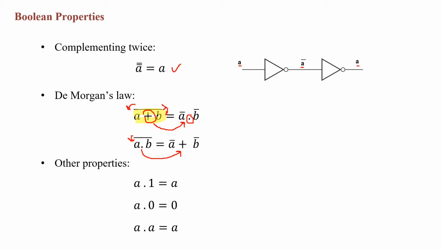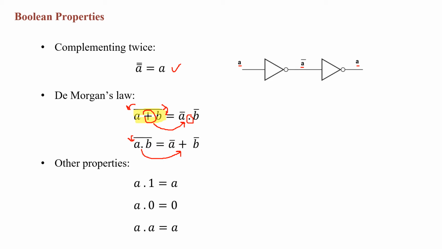First, the first list here deals with the AND gates. If you AND any variable with 1, the output is that variable. Because remember we said ANDing is kind of similar to multiplication. So any number multiplied by 1 gives you that number. The second property is ANDing with 0 gives us a 0. You can think of it as multiplication because any number that's multiplied with 0 gives you a 0. Or,